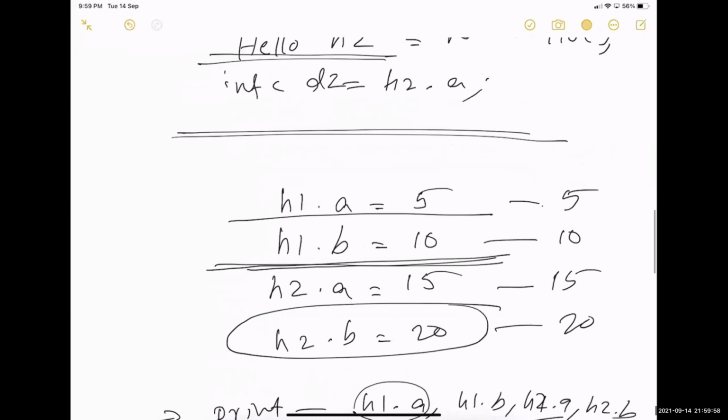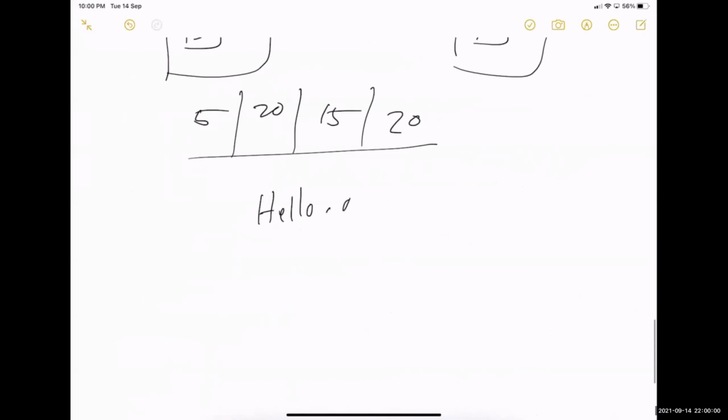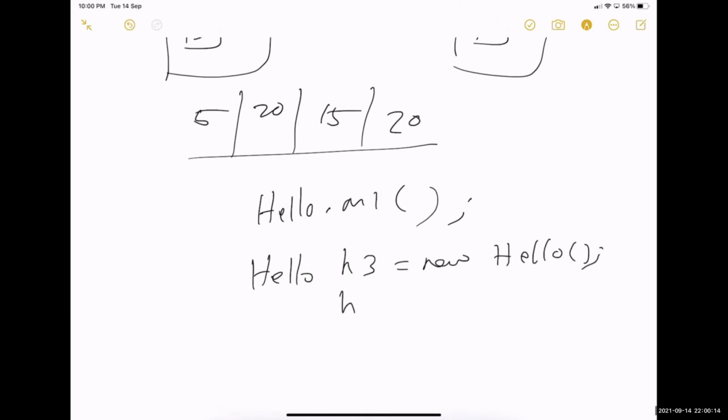So I can say hello.M1, and then Hello H3 equal to new Hello, H3.M2. So for methods also, it is the same. If it is static, then you can directly call them. If it is instance, you can call them through an object.